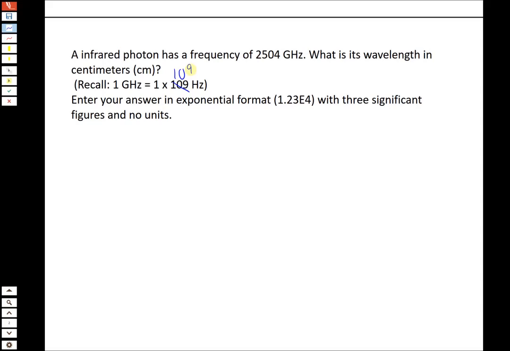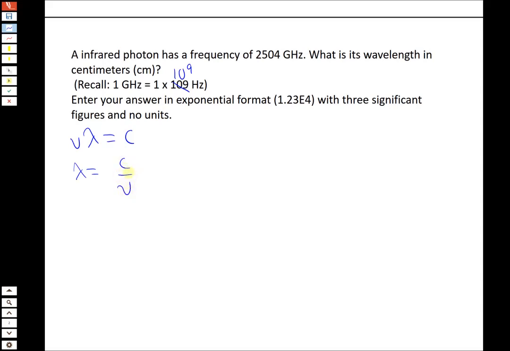So this is a pretty simple relationship between frequency and wavelength. I suspect the issue here for most people was units, not the actual math itself. So if you recall, the product of frequency times wavelength is equal to the speed of light c. And in this problem, we're giving you the frequency and asking you to solve for wavelength. So all we're going to do is just rearrange this equation and say that wavelength is c divided by